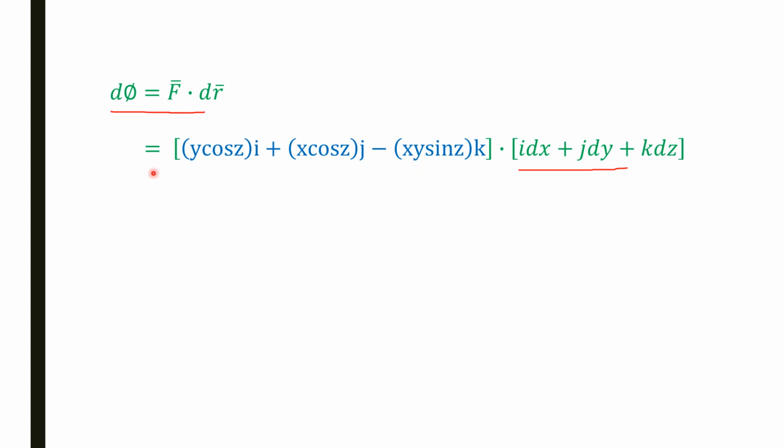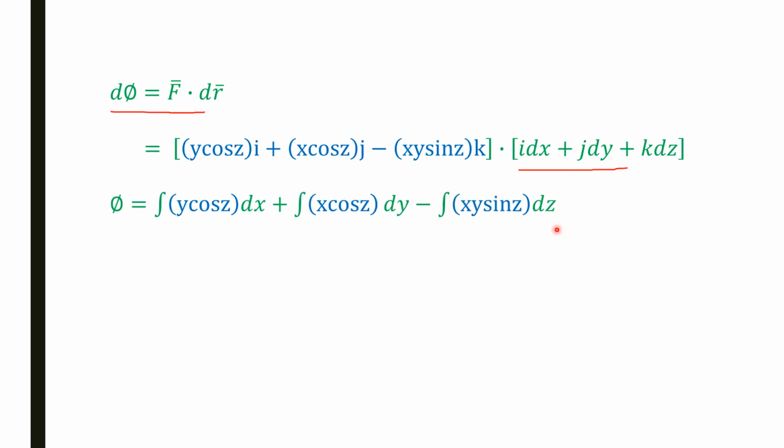Now φ is equal to this. We want dφ equals y cos z into dx plus x cos z into dy minus xy sin z into dz. So to find φ we take the integration: φ equals the integral of y cos z dx plus x cos z dy minus xy sin z dz. So as usual,